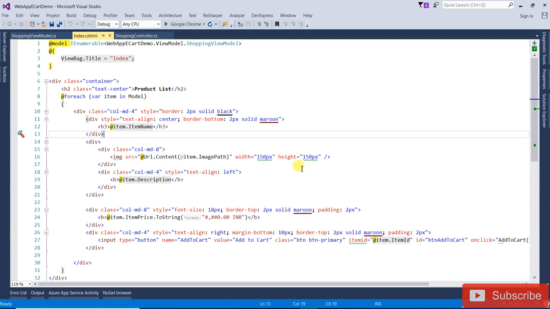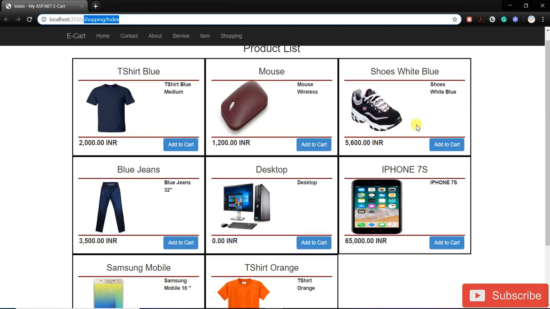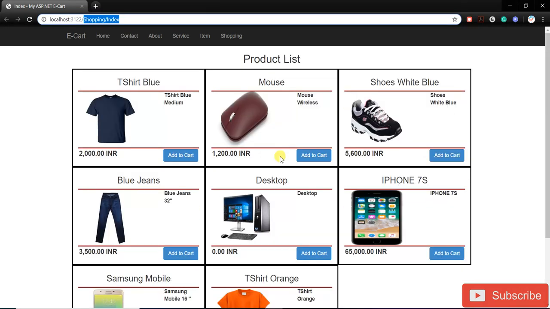In the last video for ASP.NET MVC shopping carts, we built how to add an item and display the items in that view. If we open that application at Shopping Index, you can see all those items we added in the last video. In this video, we are going